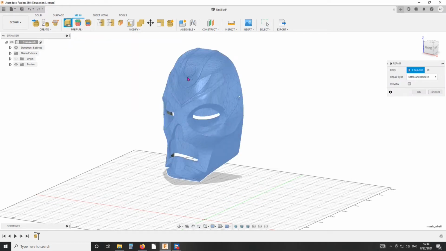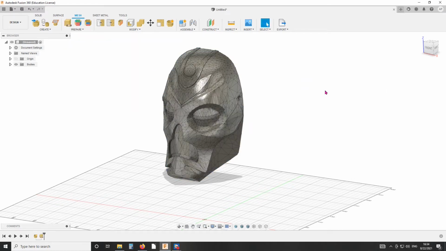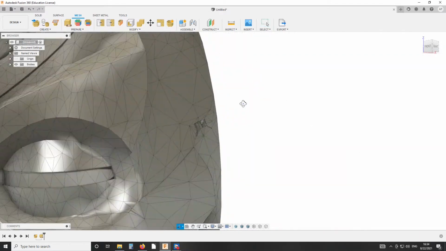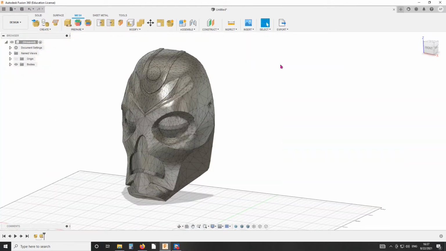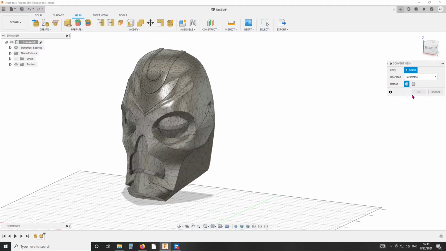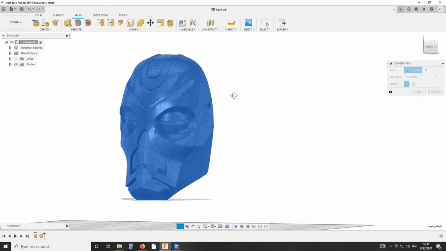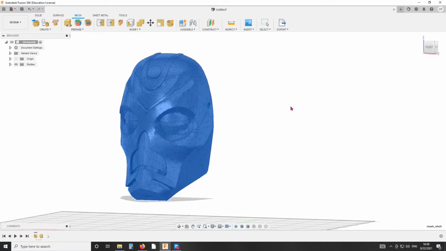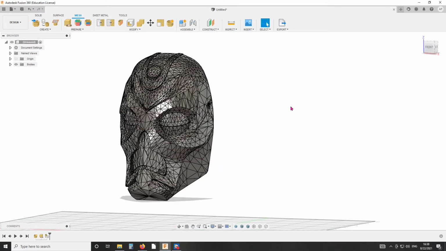Select the body and click OK. And now I have an STL file that I can convert to a solid body. To do so, I'm pressing Modify, Convert Mesh, selecting the body and clicking OK. And now it's a solid body.